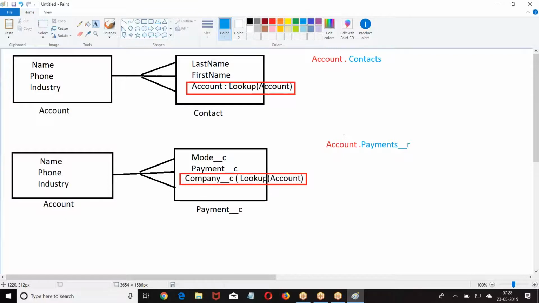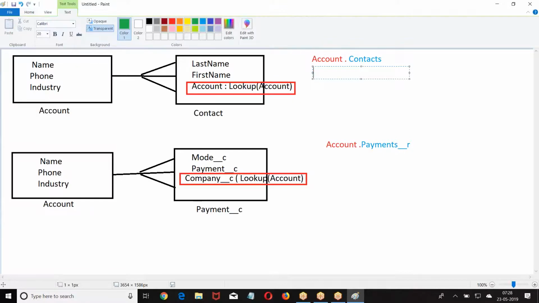One account will have a group of contacts. One account will have a group of payments. Parent will have a group of children. Now the same thing I am referring from child. If a contact wants to refer to an account, one contact will have only one account. If a contact wants to refer to an account, then we are going to give